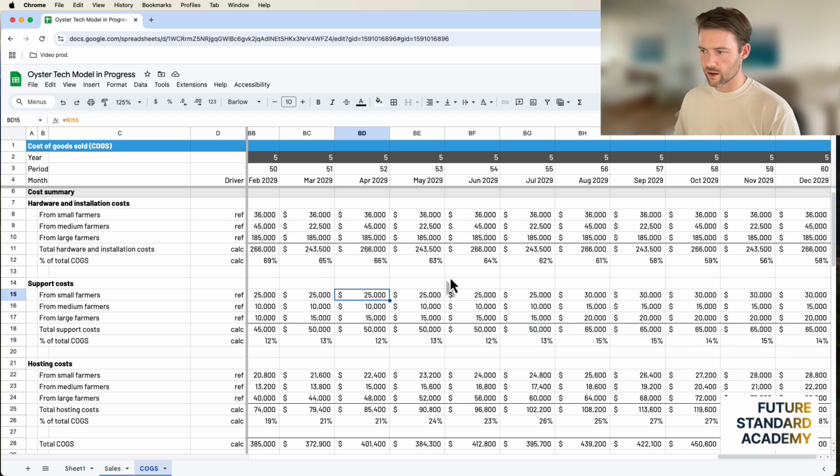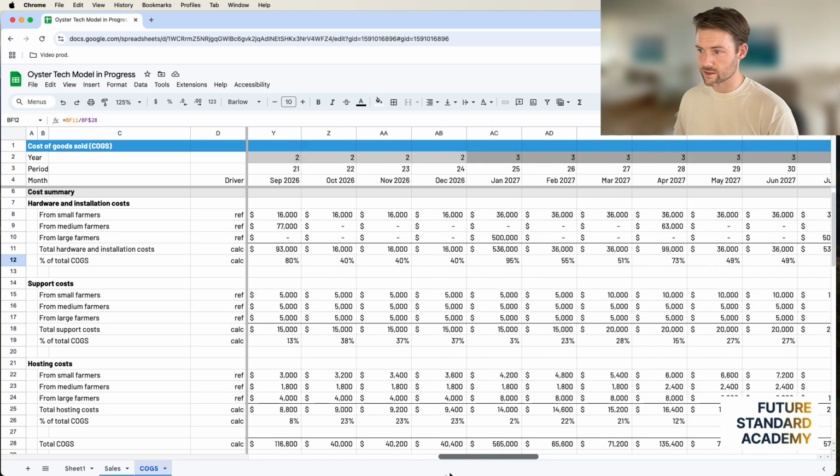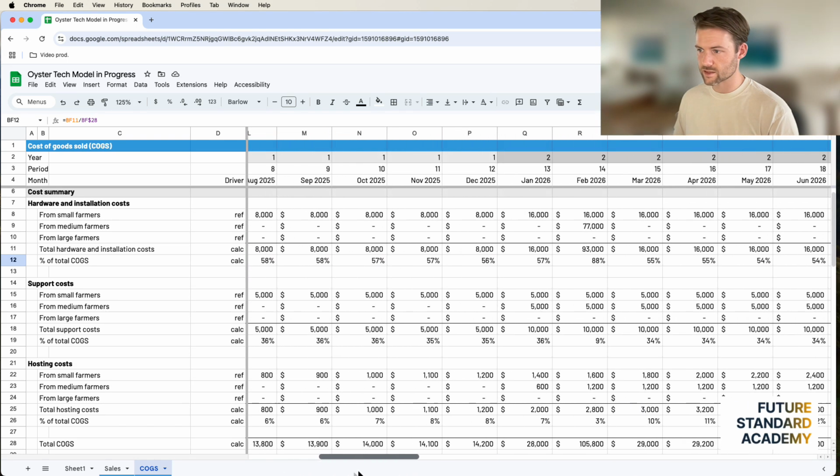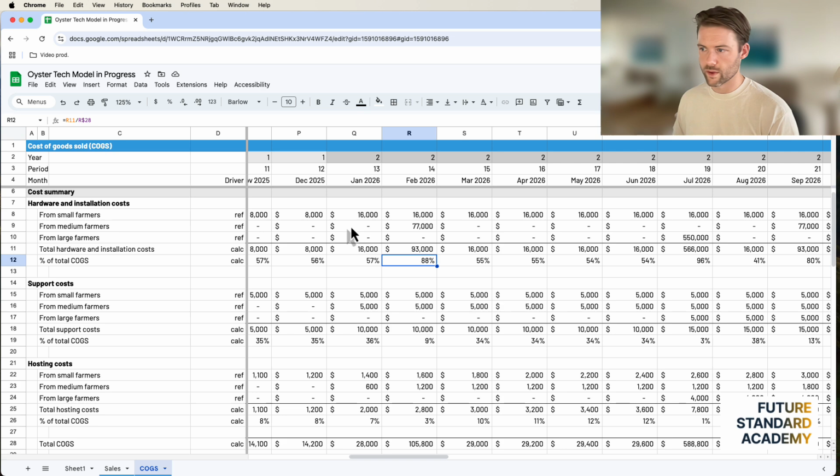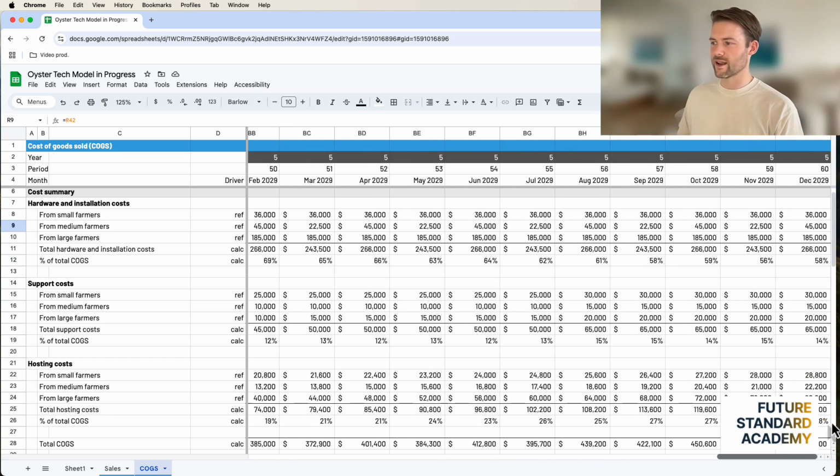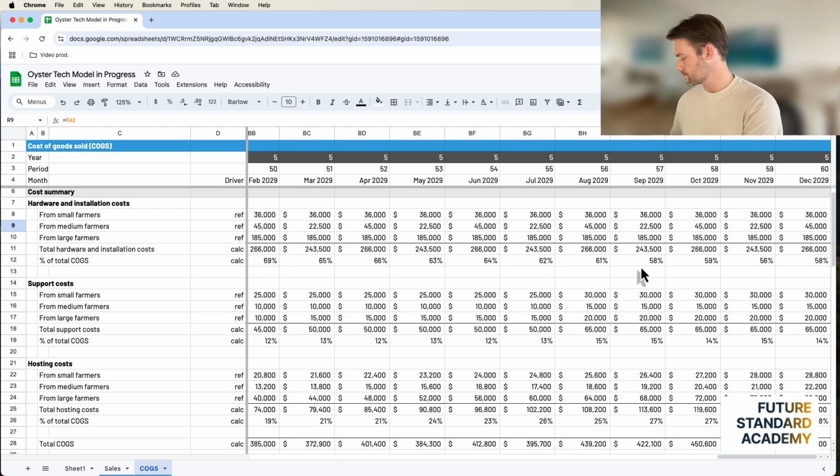And then for hardware, software, I would imagine this stays fairly consistent. It's kind of tough to tell because it's going to jump up and down based on when, say, a medium farmer came on, right? Well, suddenly that's quite a bit different. So you kind of have to look to the end state in 5 years to get an idea of what this business strategy might look like at maturity. And that's actually a point.